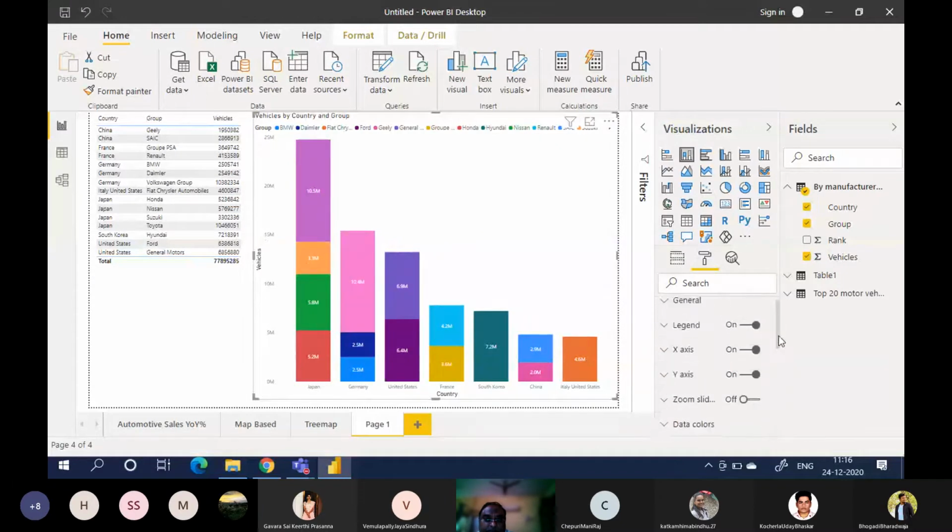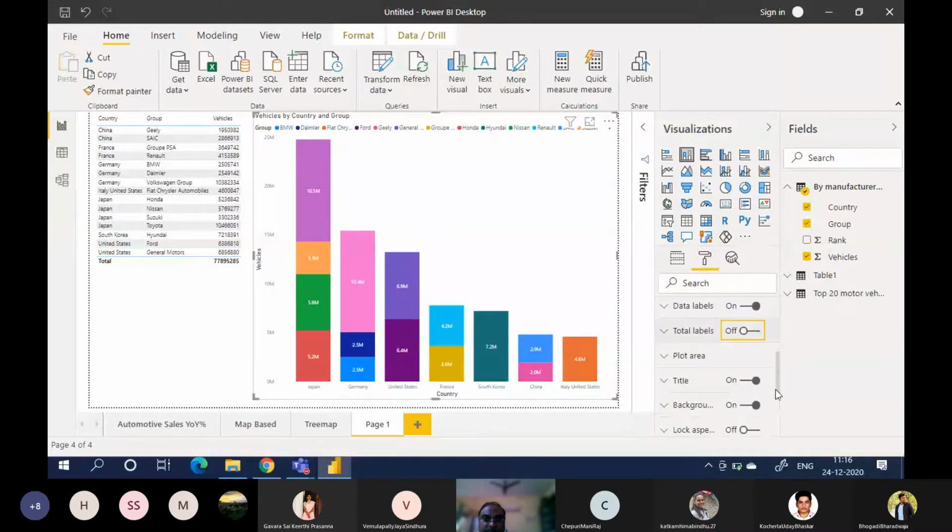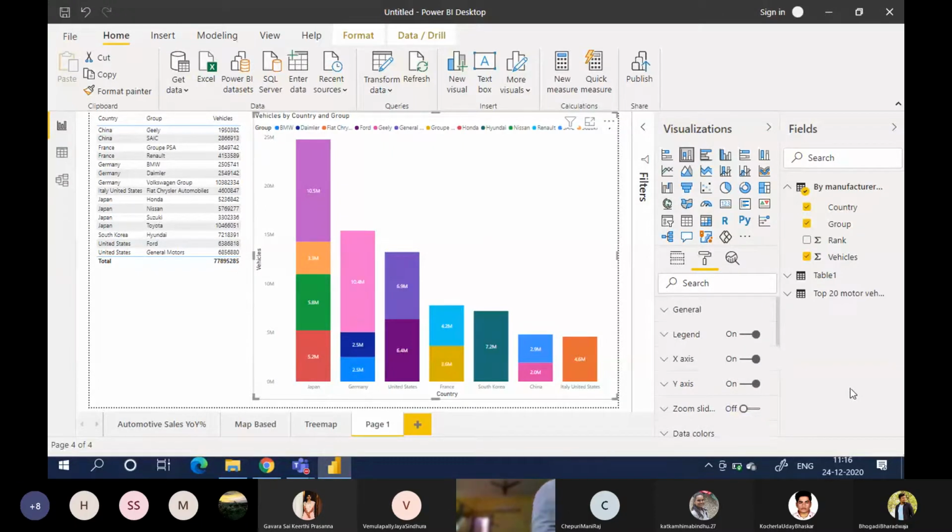How can we add the group names here? See, this is giving us good information.